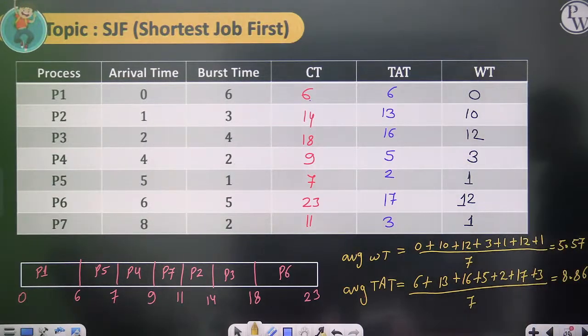This is how you will get the answers. Okay, fine. Now,